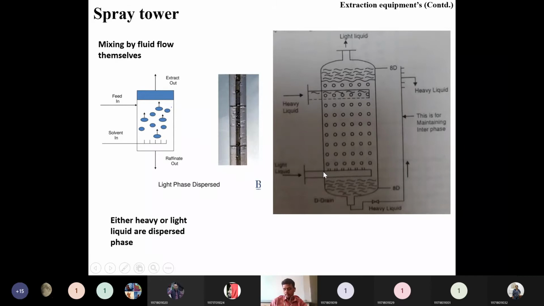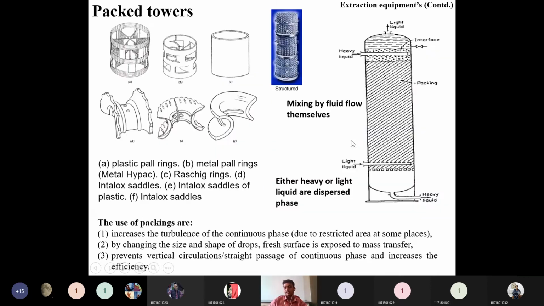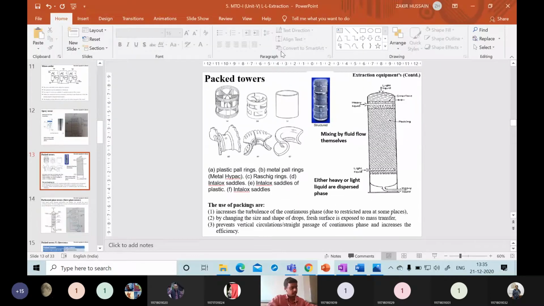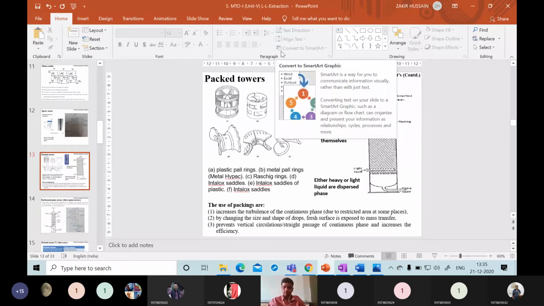So the point from the starting point to here, if you consider this as some 3 centimeters, the distance traveled by this light liquid is 3 centimeters. The same diameter column, if you consider with a packing, since packings are arrangements of different types, the opening between packing to packing need not be the same. So it has to travel a tortuous path, a different path. So what is this different path? I will show.